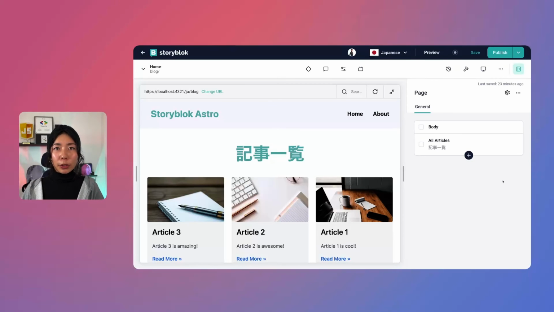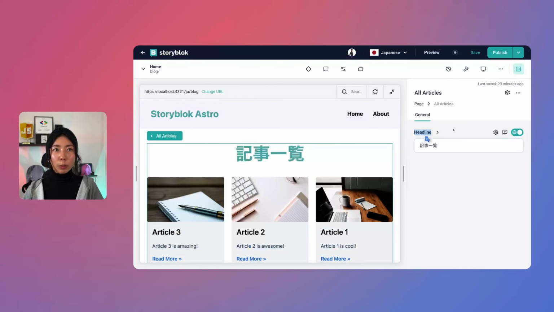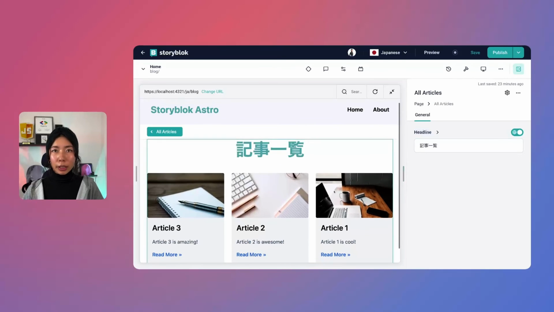We were able to create more than the fundamentals to start to localize the content for each blog entry. However, when we have a look at this blog post overview in Japanese, now you can see here at the all articles component that the headline more precisely is localized. But what we render programmatically to have all the list of these articles are not being localized. So from now on in this section,